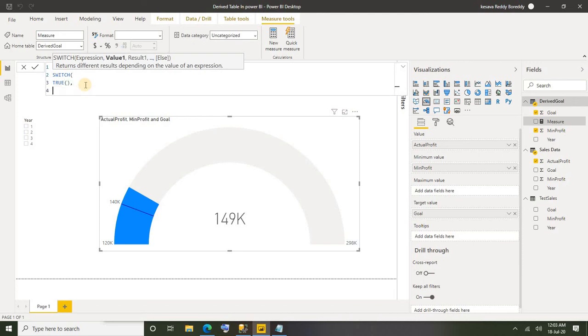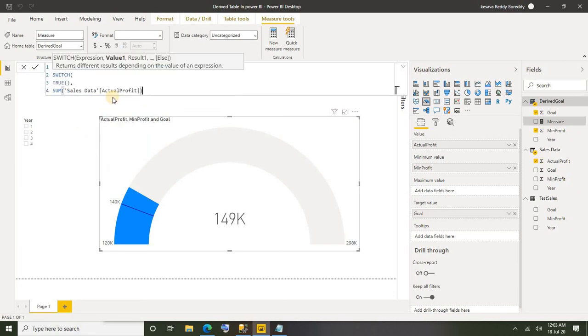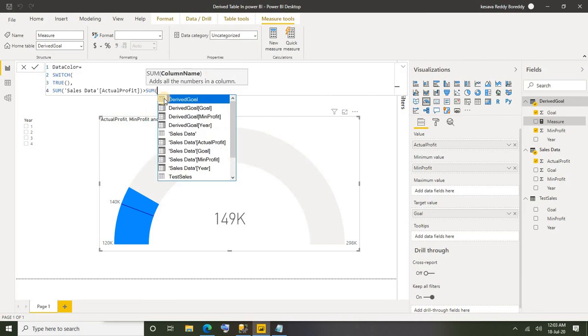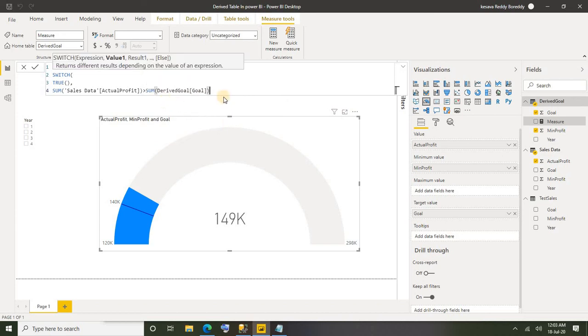Okay, now say sum of actual value, actual profit, is greater than sum of the goal, then I want to indicate in green, right?